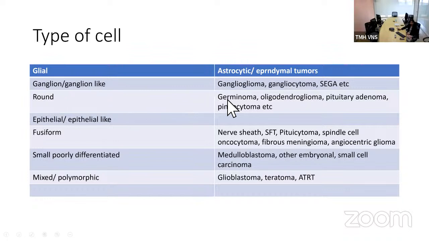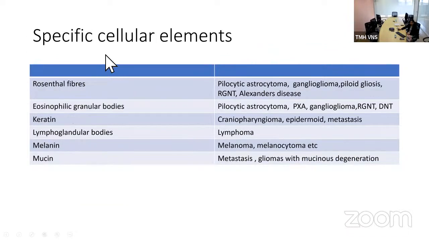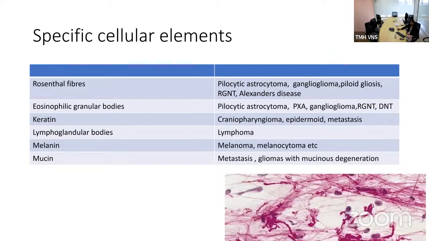Round cells can be found in germinomas, oligodendroglioma, pituitary adenoma. Epithelial or epithelial-like cells can be found in metastasis. Fusiform or spindle-shaped cells can be found in nerve sheath tumors, SFTs, pituitary etc. Then small round cell morphology can be found in embryonal tumors, and mixed morphology can be found in glioblastoma, teratomas, or ATRTs. Then specific cellular elements, background cellular elements like Rosenthal fibers, can be found in pilocytic astrocytoma, ganglioglioma, then